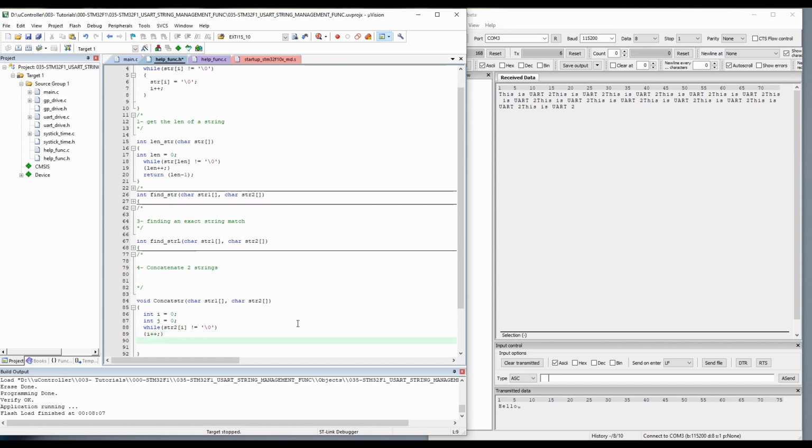After that, while str2 of j is different from the null character,